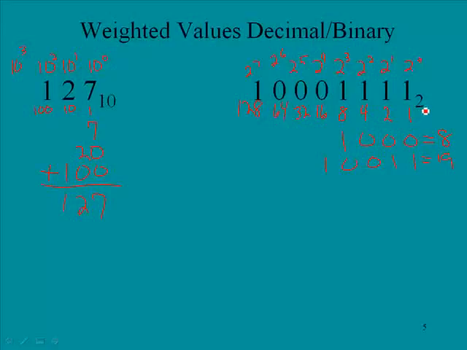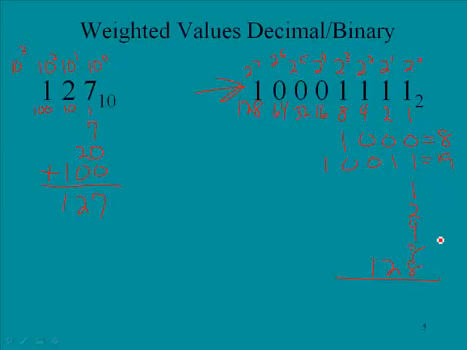Okay. And so with this larger value here we have 1, 0, 0, 0, 1, 1, 1, 1. Now, if we were going to evaluate this number, what does this equal in binary? We'd say, well, we have a 1 here, and we have a 1 here, so 1 times 2 is 2, and a 1 times 4 is 4, and a 1 times 8 is 8. And then we would have nothing here, because 0 times 2 to the fourth is 0, and all these numbers times 0 would be 0. Then we have 1 here, which would be